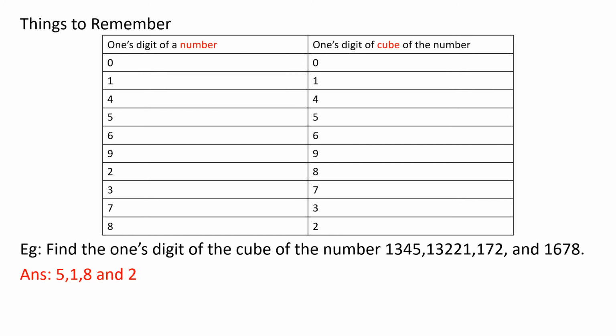For example, take one number, 20. So the ones digit of this number is 0, right? Then what will be the ones digit of the cube of a number? So 20 cube. I'm writing 20 cube. And in this 20, what is the digit in the ones place? 0. So 20 into 20 into 20, you'll get an answer. So the cube of that number also, the ones place will be 0.